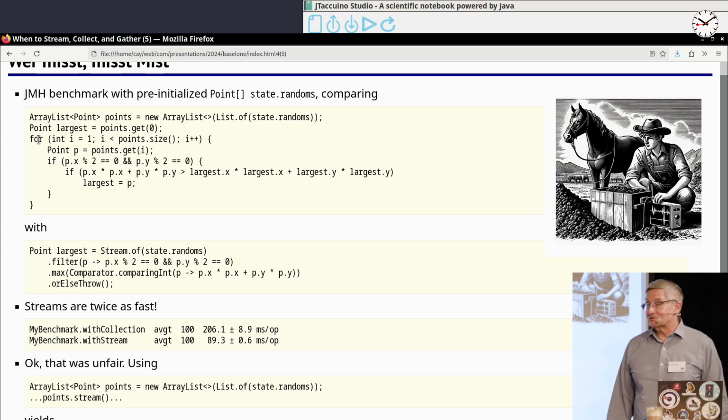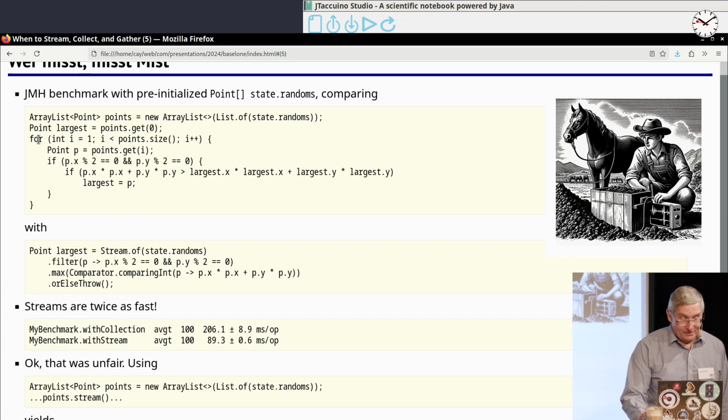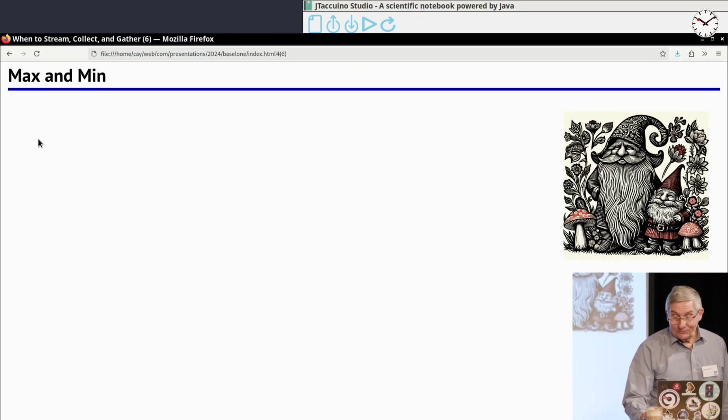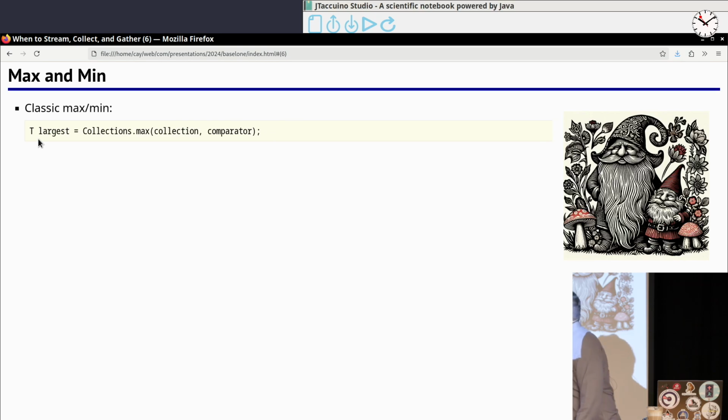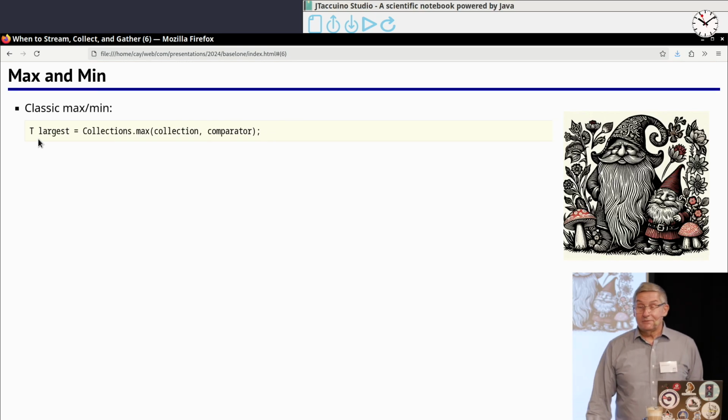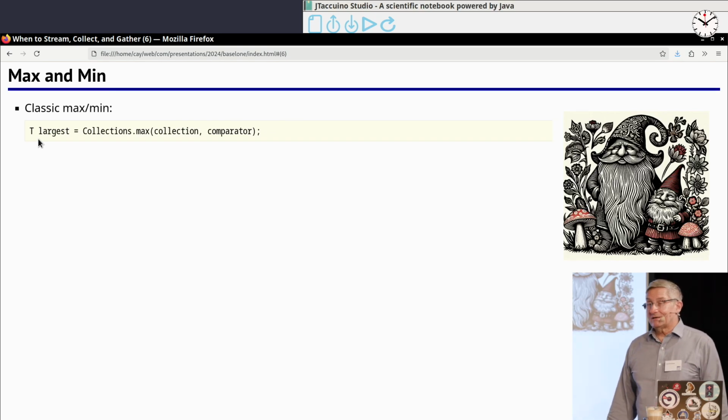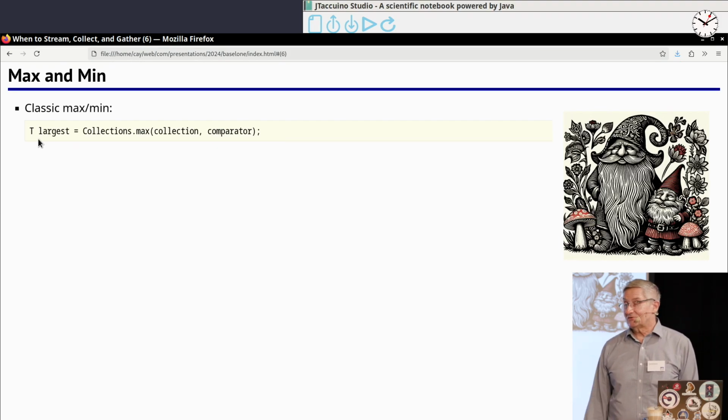Most of the data that you shovel around is not that voluminous, and it really is the point of clarity that's the issue for us. So let's explore that with some simple cases. For as long as I can remember, if I needed to compute the largest element, of course I would not write the loop that I learned 50 years ago in college. I would just look at the library function, and that's Collections.max. It's been there in Java since 1.2.